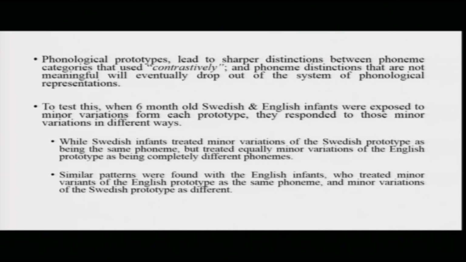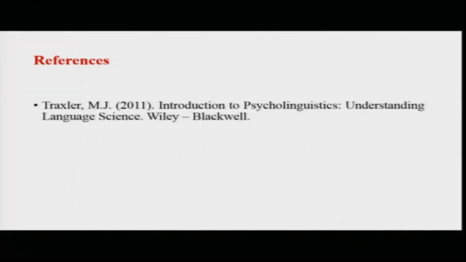So this is where we see that children are using the knowledge of prototypes, which by the way started from them being able to do categorical perception in a very incremental manner and learning the phonological representations of their language. Okay. So this was probably the first challenge that children need to overcome in order to learn language, that is, mastering the phonemes of the language.